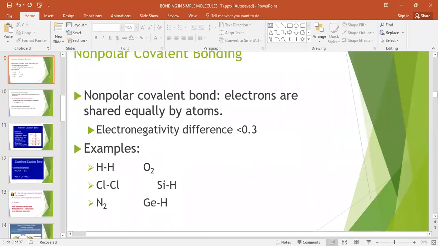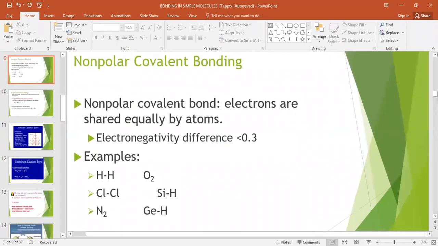See, please. The first one is non-polar covalent bonding. What they wrote: the electronegativity difference between two atoms is less than 0.3. Suppose here I am going to write the electronegativity. Please get the concept here. The electronegativity of one hydrogen is 2.2, another hydrogen is 2.2. So 2.2 minus 2.2, what is your answer? 0. It is less than 0.3 or greater? Less than 0.3, it means which type of bonding? Non-polar. So this is the third difference.